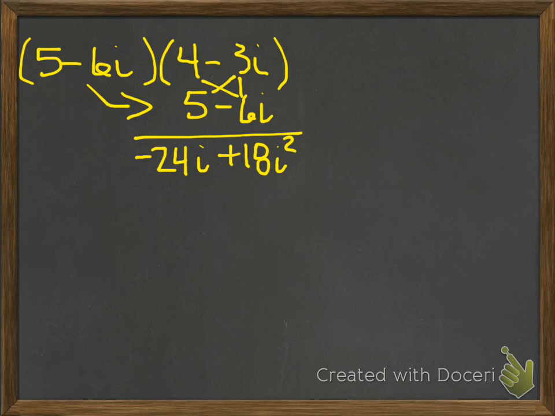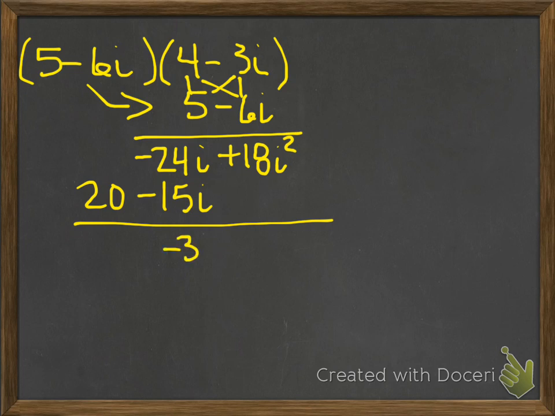But here I don't have to worry about carrying anything over. And so I'm going to say 5 times a negative 3 is negative 15i, and 5 times 4 is 20. Okay. And see, when you do it like this, everything's all lined up. I can say here, negative 24 minus 15 is negative 39i. You've got to remember the i squared is negative 1, so a negative 1 plus the 18,